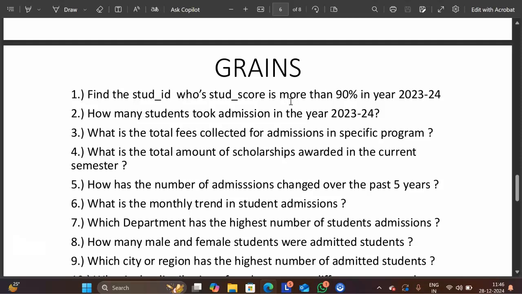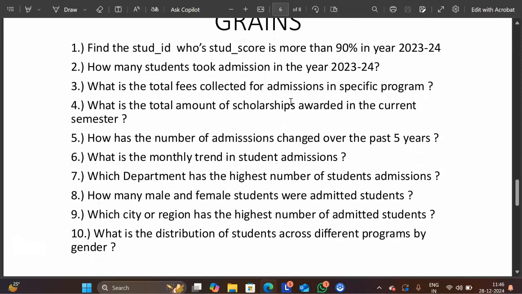My name is Alok Khattar. I am talking about grains. What is grain? In the context of SQL, a grain refers to the level of detail or granularity in a dataset or table. It defines the atomic level at which data is stored or analyzed. Understanding the grain is essential when designing a database, creating fact tables and data warehouses. We are having 10 grains.